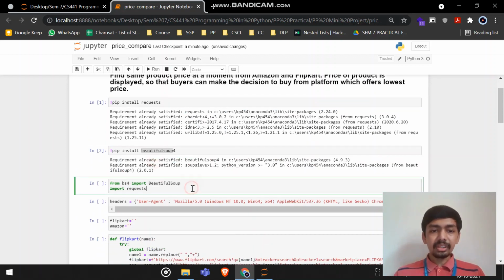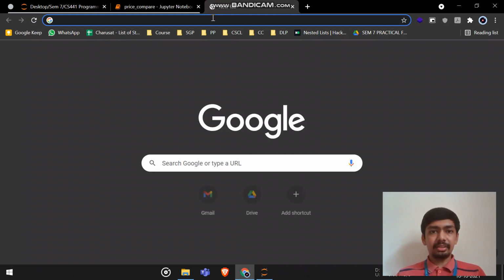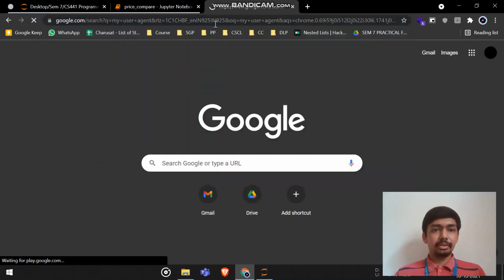Then I have imported both libraries, and next I have created one header variable which contains the information about the browser. To get this information from Google, we have to search "my user agent".